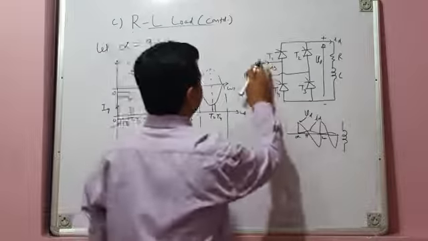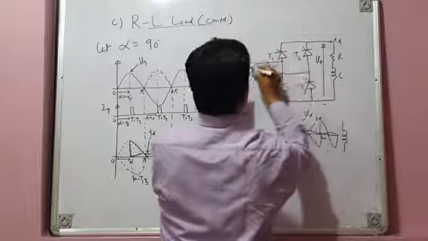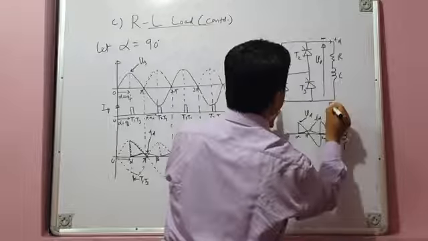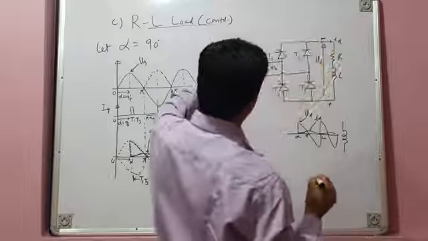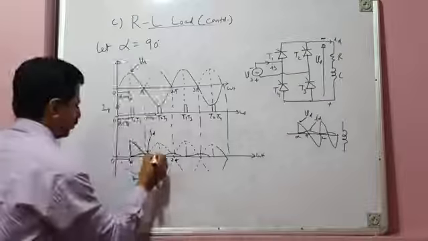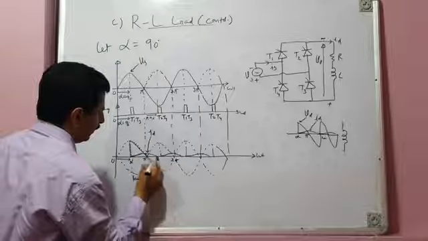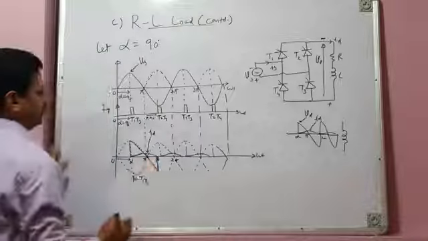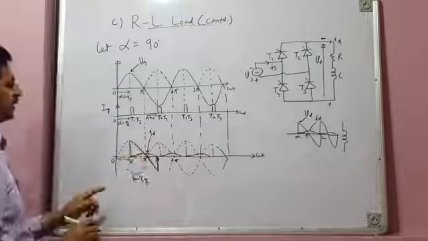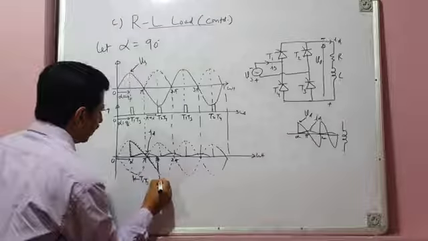Now since source voltage has reversed its polarity and T1 is conducting, through T1 this negative potential will come here, and through T3 this positive potential will come here. That means now load voltage is the same as source voltage. Of course, load will receive a segment of the negative half cycle of source voltage from pi to beta. That I can show here. This is the negative segment of source voltage. So your thyristor pair T1 starts conducting at alpha and it will continue to conduct up to beta.